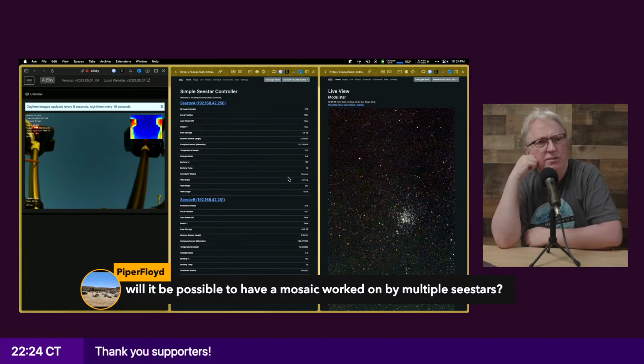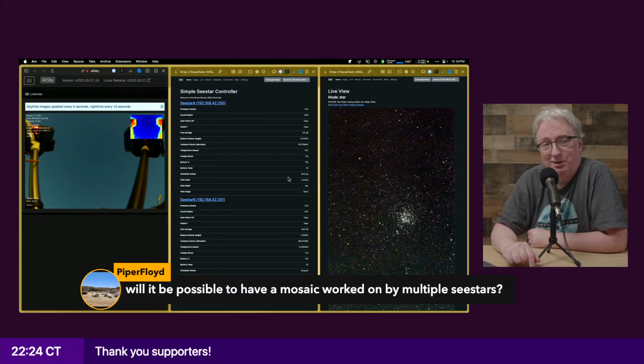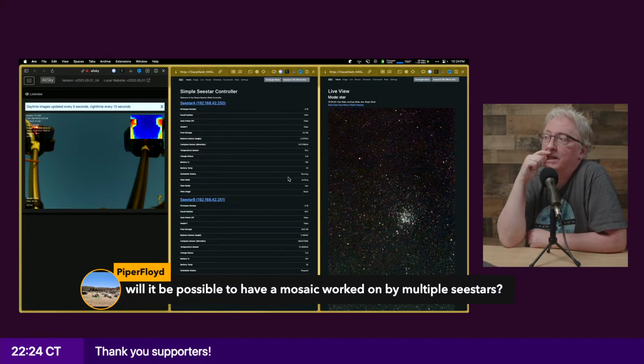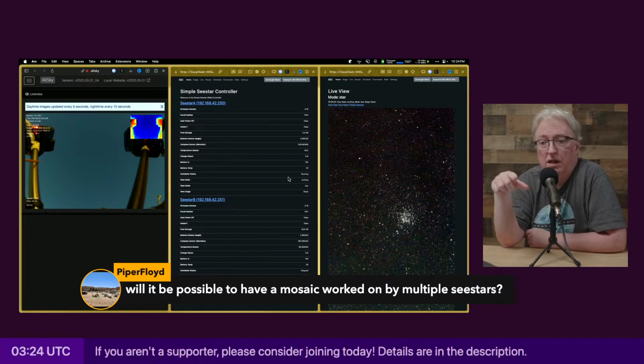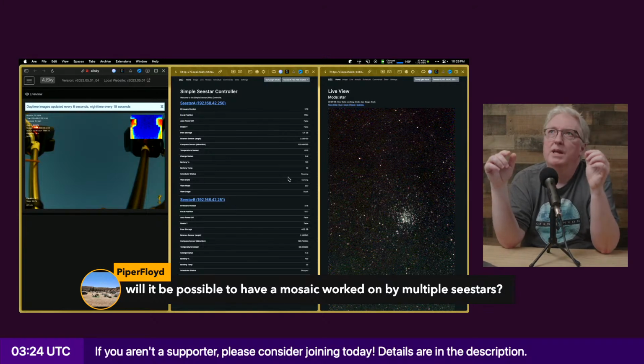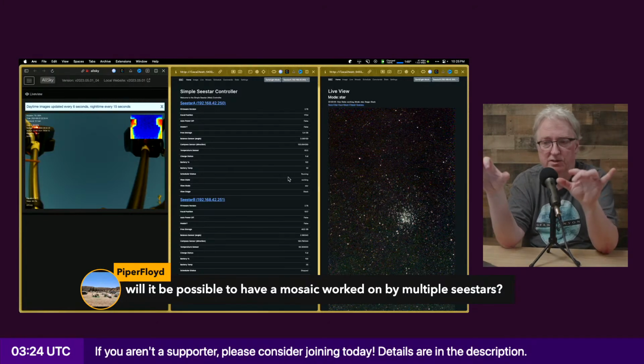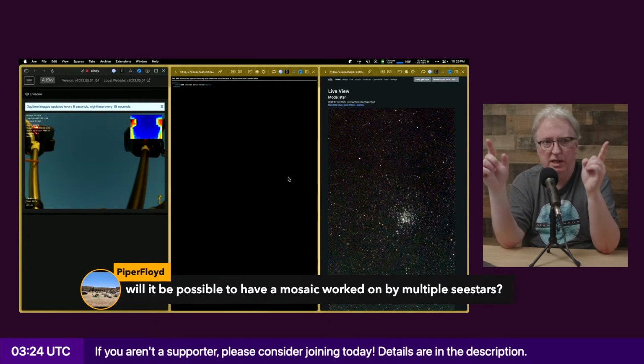And that might be an interesting thing for me to do, because Wiley Site is going to get his code into the code base sooner than I'm going to get this code into the code base, so I could potentially do that next live stream. Basically, I would take the same mosaic definition, load it into Seestar ALP for both Seestars, and just say, okay, this one I want these panels, and this one I want these other panels. So long as I specify the lists and they don't overlap, I could have both of them working on the mosaic at the same time.